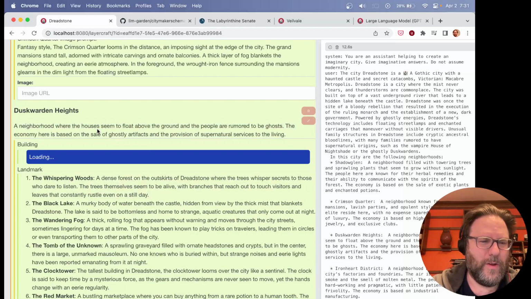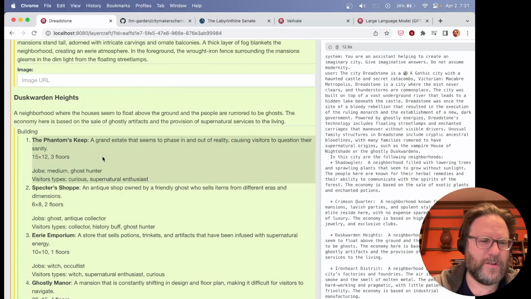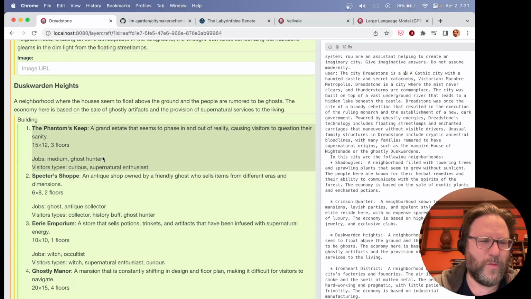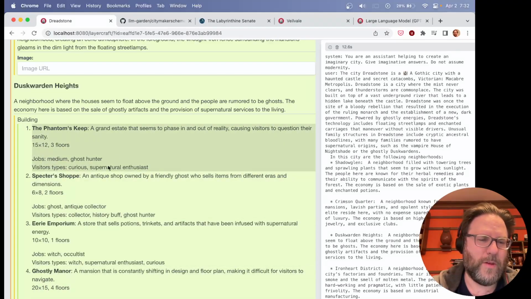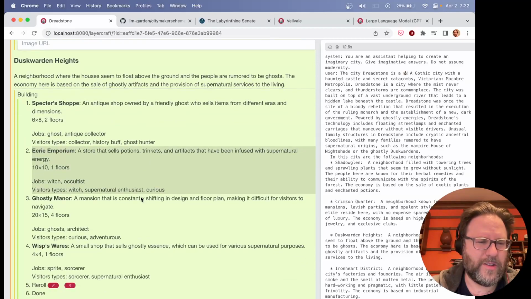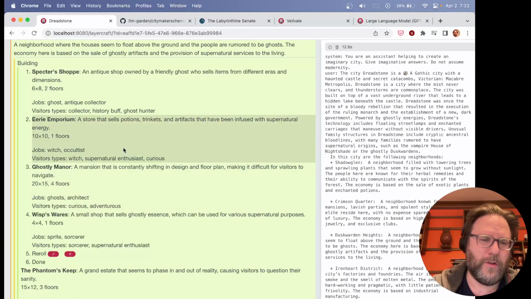And then we have some landmarks, which are places that just exist without any people in them, and a few places. One useful pattern I found: I know there are going to be people inside these buildings, and at this stage I come up with these types of people, like a medium and a ghost hunter, and they'll be used to generate the people inside.